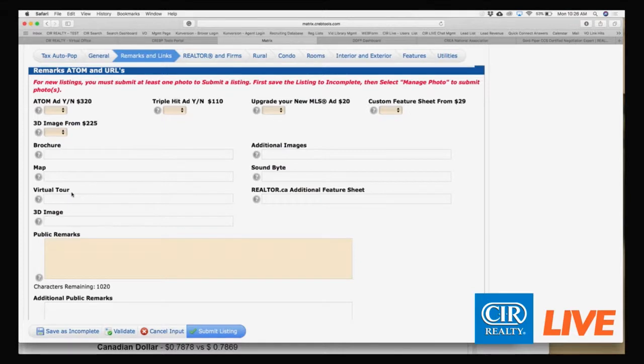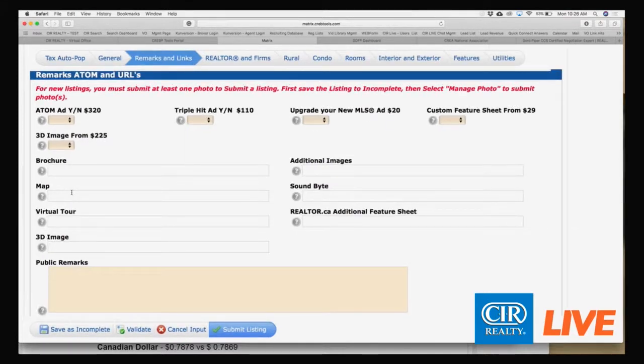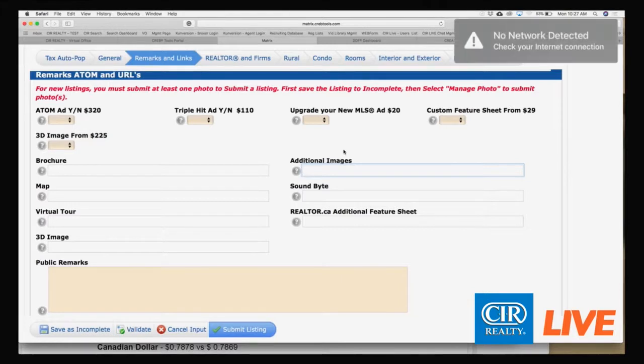So this is where you can post up a video link to a property that has a virtual tour. So this is like a YouTube video or something else that was created by Sona Visual or any other company. 3D image, this would be your 3D tour of the house, either through a 360 tour or from Matterport. The other one that you can use, and I got to give a big shout out to Daniel and Siri who posted this up, but you can also use the additional images link to take somebody to another spot of where a video might be hosted.